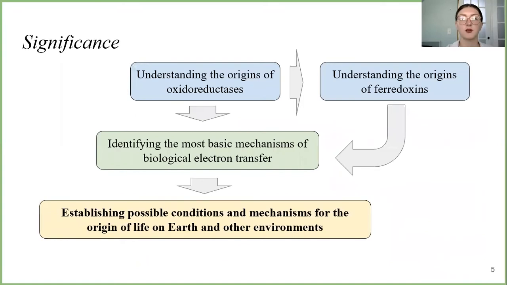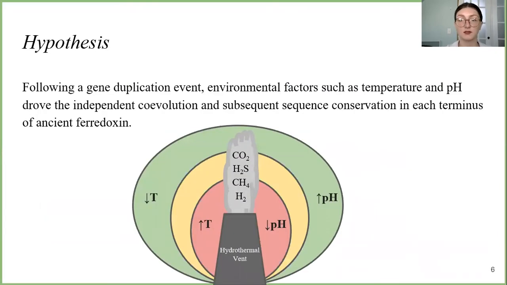Thus, the objective of the study is to understand the external forces which drove independent coevolution of ferredoxin and therefore oxidoreductases. But more broadly, we hope to identify the basic factors of electron transfer and contribute to establishing the possible conditions for the origins of life. Of course, central to the study is the hypothesis. In this study, we suppose that following a gene duplication event, environmental factors drove the independent coevolution of each terminus